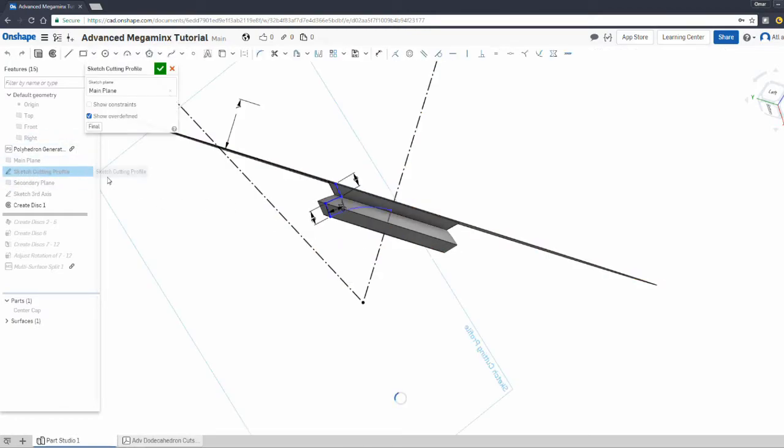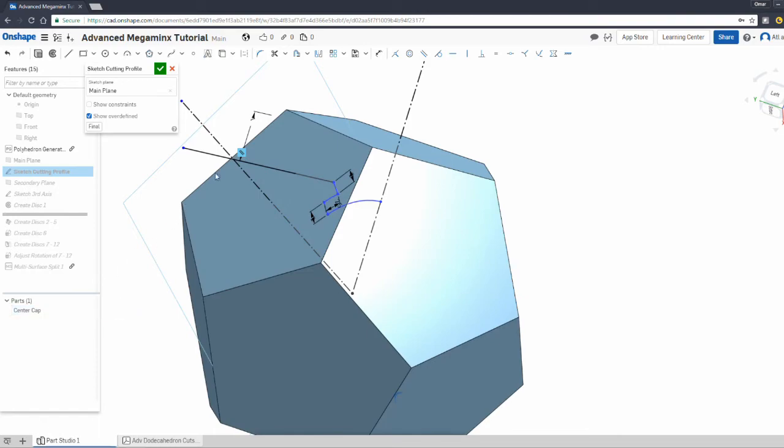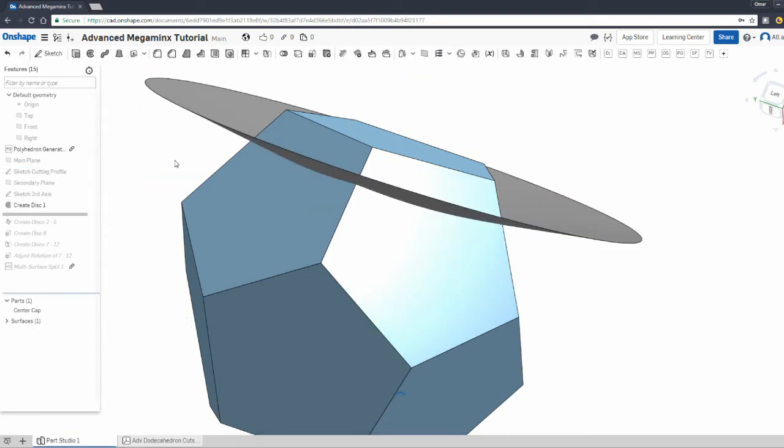Let's go back to the sketch, and what I'm going to do is delete this constraint. I don't want it parallel anymore. And what I'm going to do instead is increase it. Oh, sorry. You need to delete this as well. And basically I'm going to make it slant. And when I do OK,